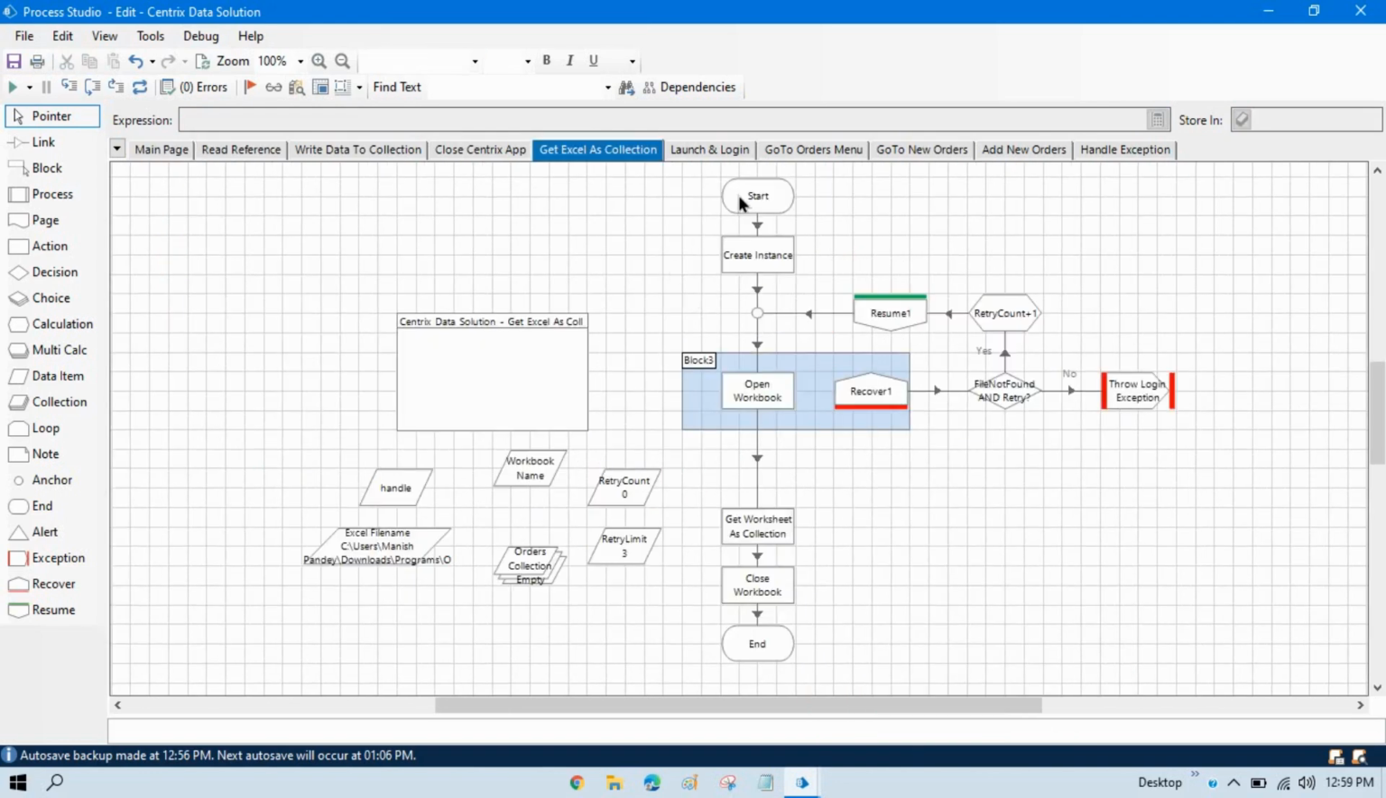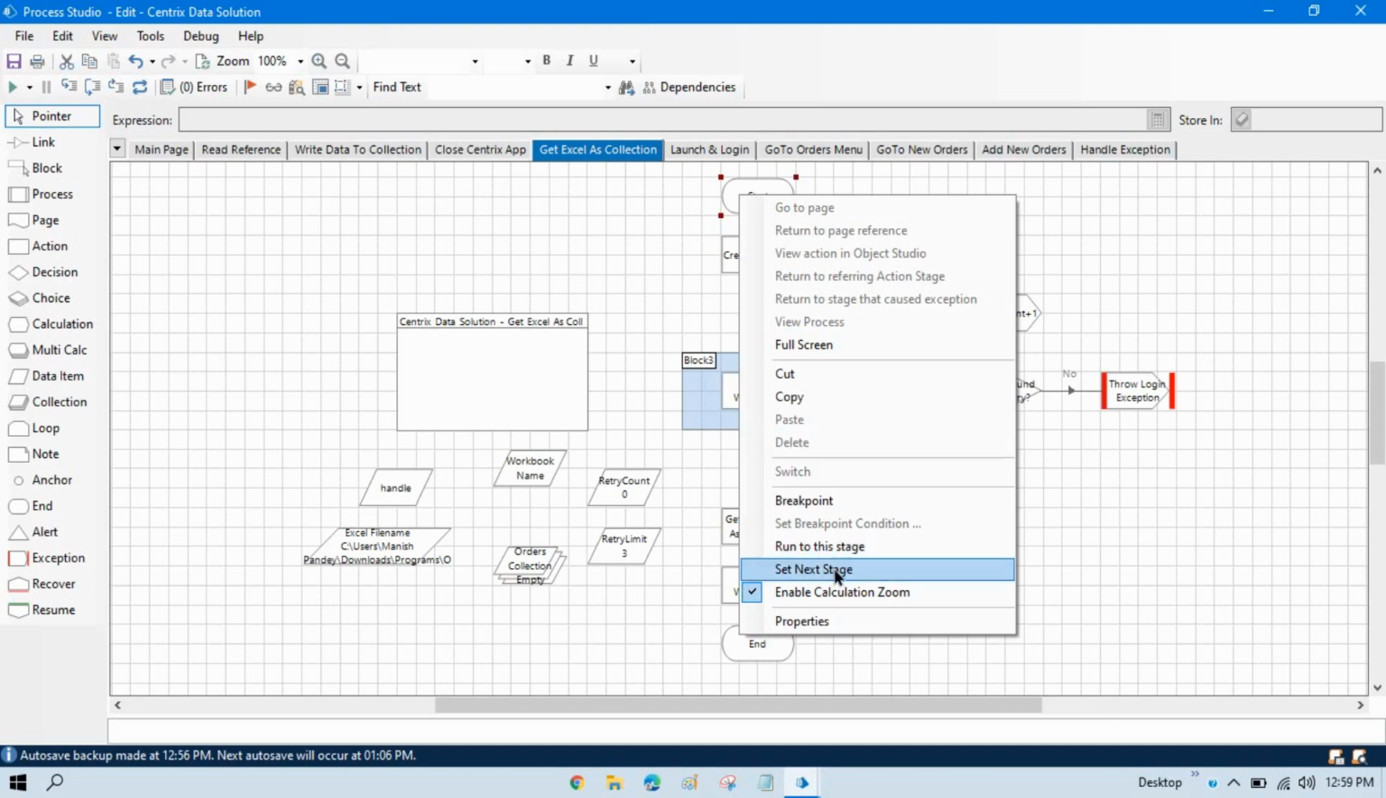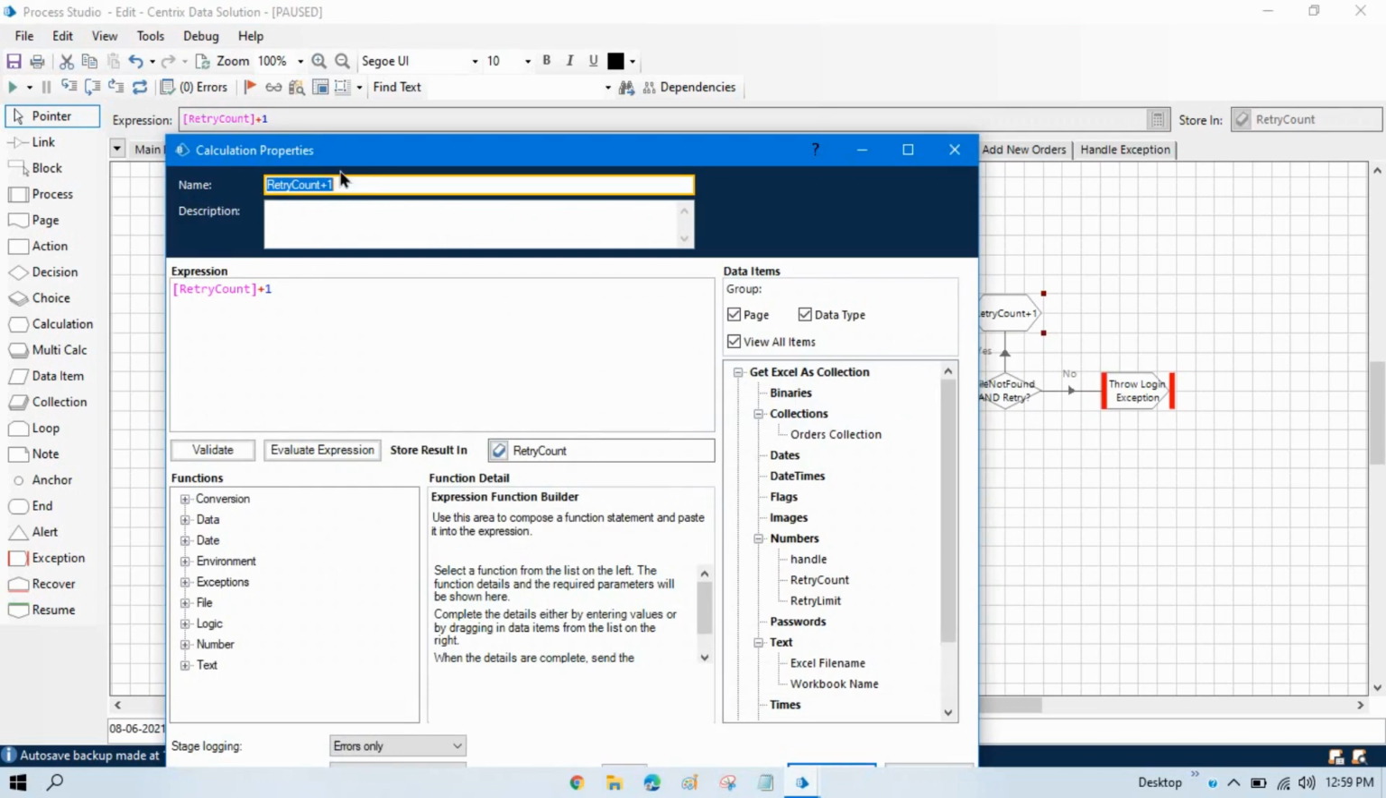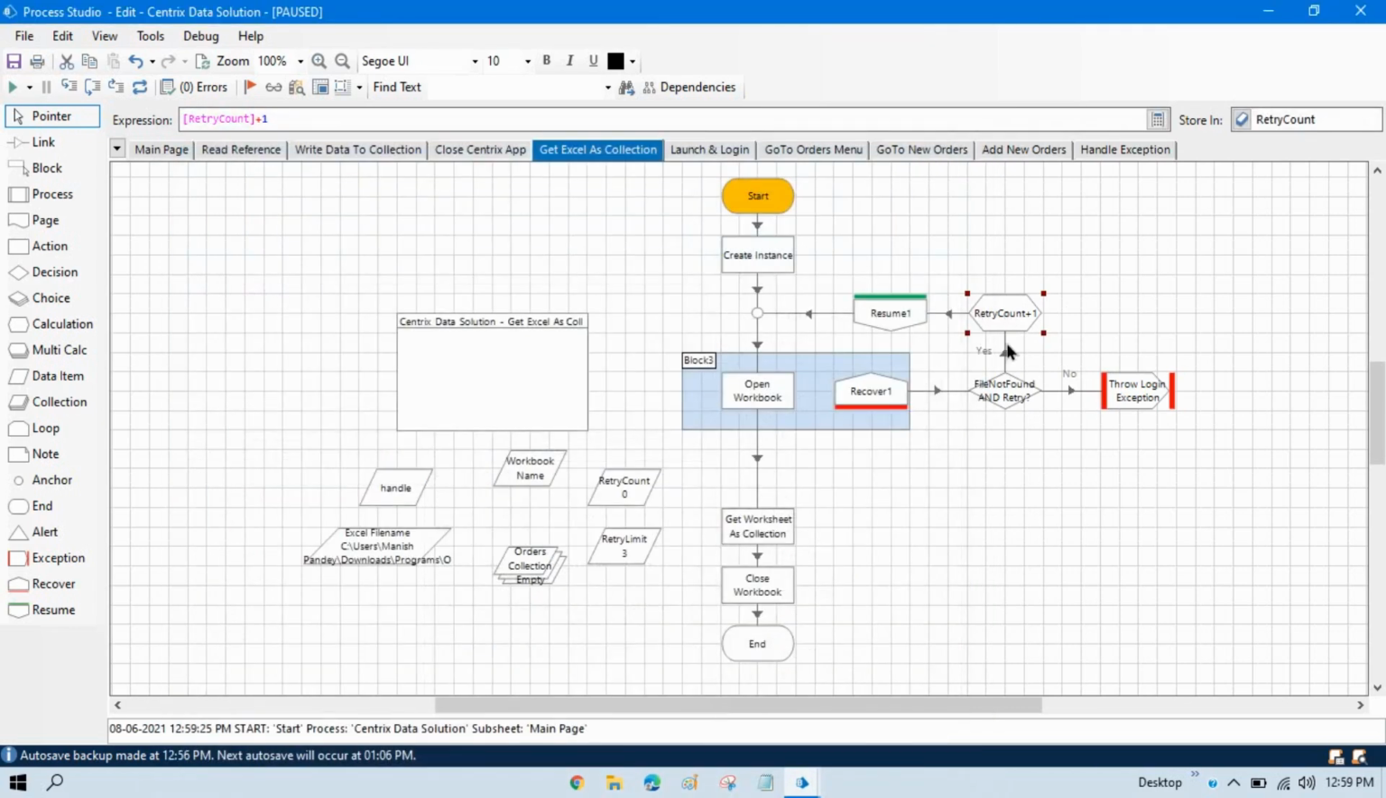Now let me right click here, set next stage, and I am going to show you this part. This is also one calculation. So whenever the process execution comes on this stage, the calculation stage, it will zoom here. Let me run this